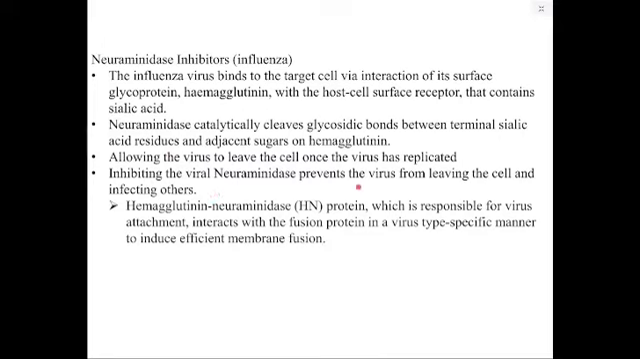Inhibiting the virus prevents it from leaving the cell and infecting others. The hemagglutinin neuraminidase protein, which is responsible for virus attachment, interacts with the fusion protein in a virus type-specific manner to induce efficient membrane fusion. So you can see the hemagglutinin protein, which is responsible for the virus attachment, interacts with the fusion protein. So it comes in. You have the hemagglutinin, you have the sialic acid, they are coming in, they are fusing